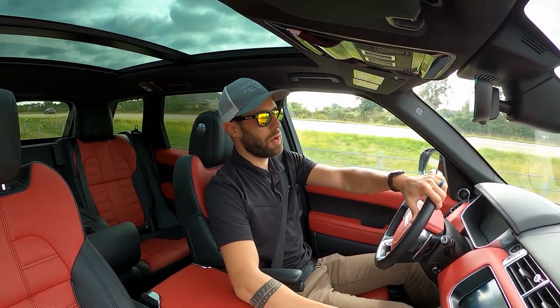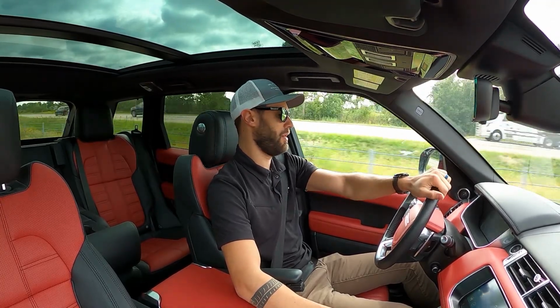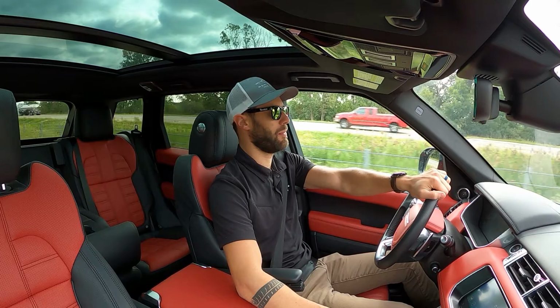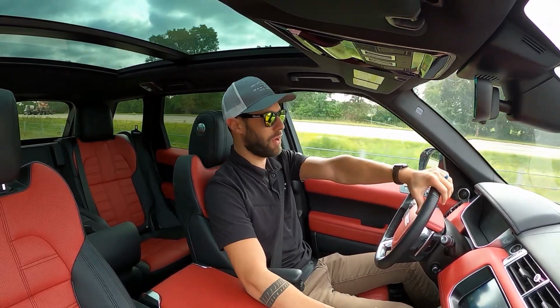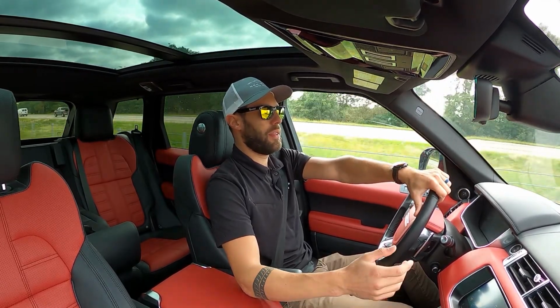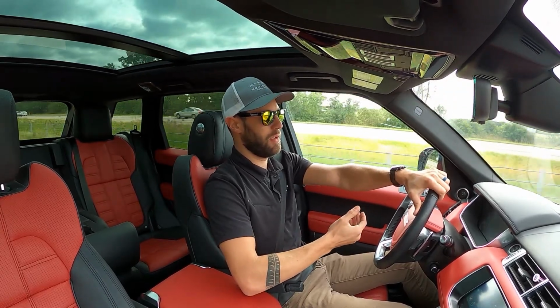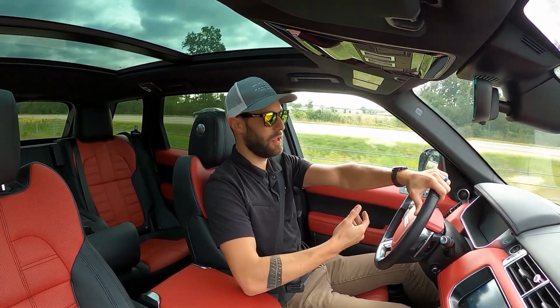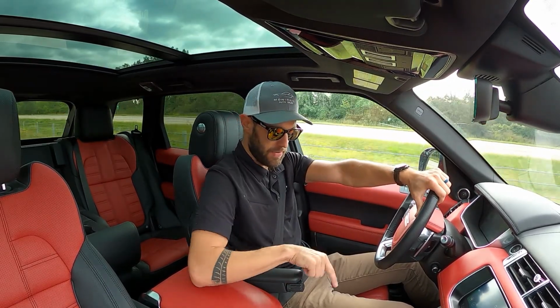And it does have a 24-gallon tank, so I mean that mileage isn't going to hurt you too much if you're being conscious on like a road trip or something. What I will tell you though is the ground clearance. So the big thing about Range Rovers is, and people don't really realize this, is they are a luxury off-road oriented company. Everything they have is an SUV, and everything that they have is built for off-road. There's lots of different options. Even down here,